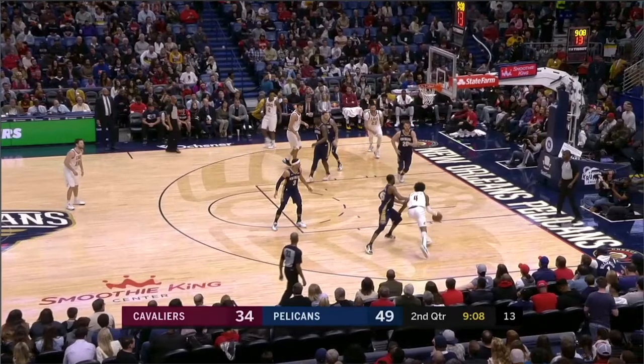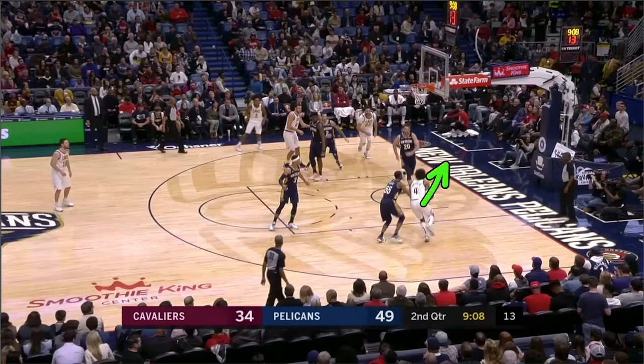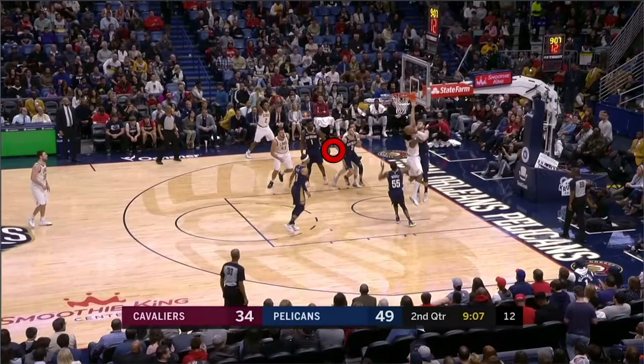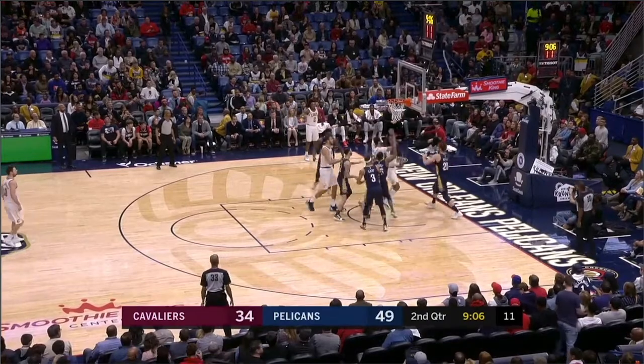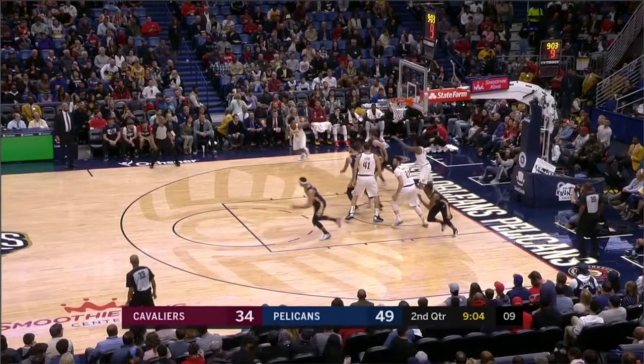Okay, look at this right here. This should not be a contested layup at all. Look at Larry Nance right now. You've got your backside defender coming right here. He has got to make sure he's on his inside hip and sealing him off. So we're just dropping this to you for an easy 2. But you have to seal off that man sinking down to help the helper. And look what happens. He doesn't seal him off. So now this player here for Cleveland's got to take a terrible contested layup, and you end up getting nothing out of this.